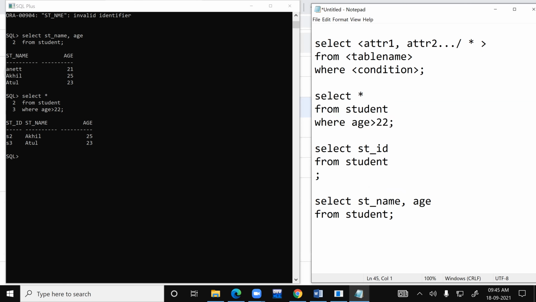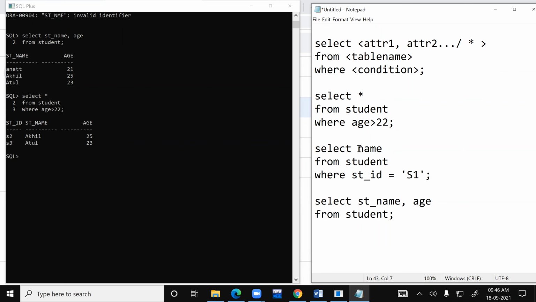Here I can give where student ID is equal to. Okay, I'm giving another condition. I want to find out the name. I want to find out who's having the student ID 1. Very simple. You have your MCA roll numbers here. I want to quickly find out from the database which student has the roll number MCA 616.